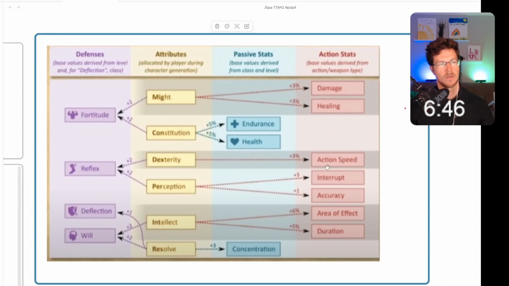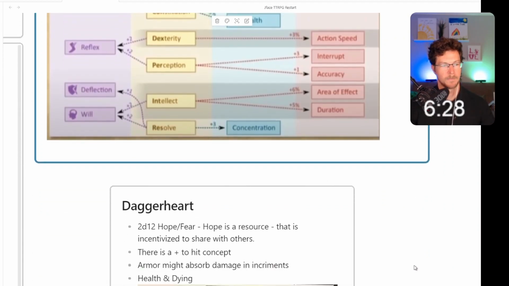I thought it was a really cool chart to show how they put a lot of effort into making every attribute important. So there's no dump stat here, because you would be sacrificing either a defense or passive stat or an active stat. I thought this was really nice in terms of game design mechanic.